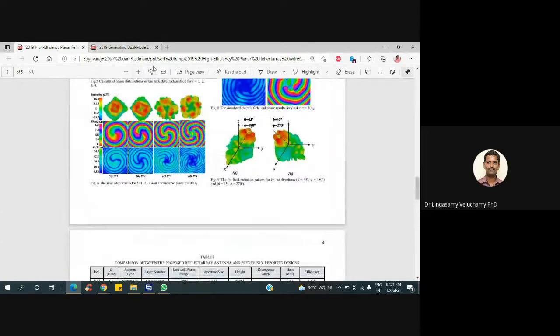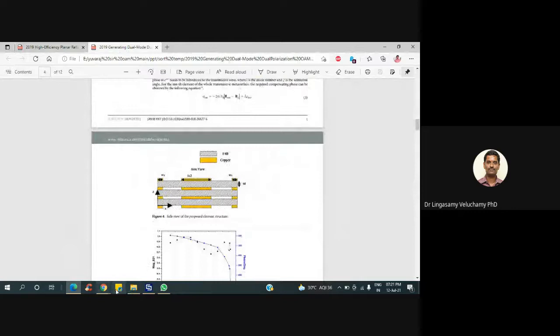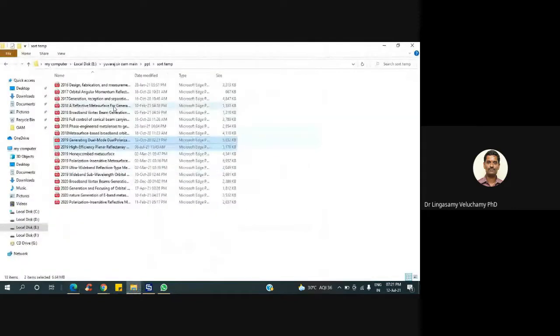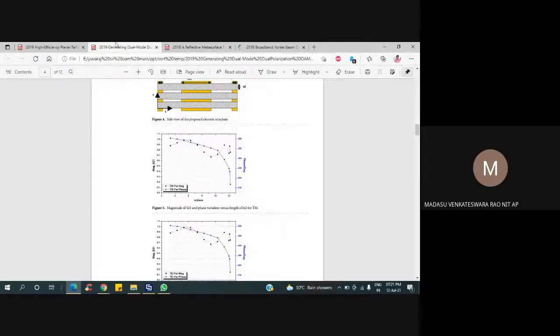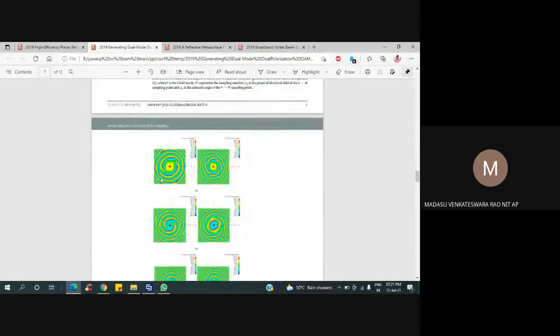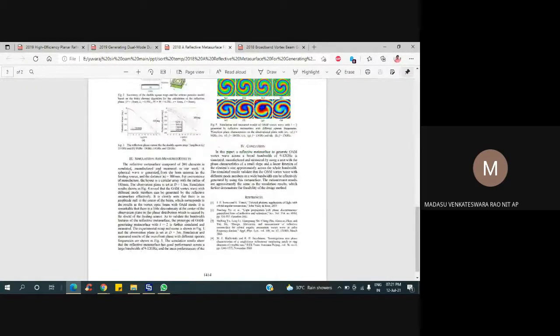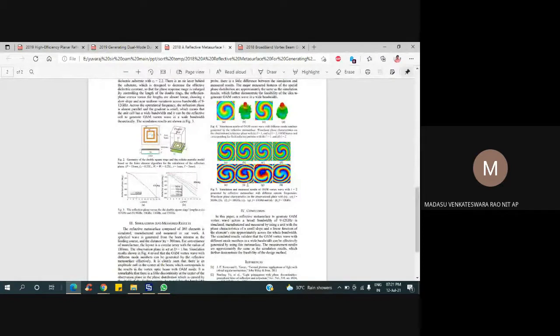Actually taken one. Sir, in these papers, they are not showing this type of diagrams. In some papers, what they are saying is x direction some mm, y direction some mm.